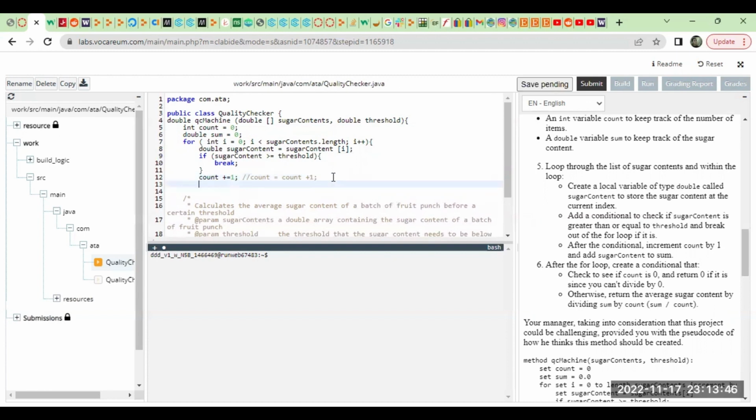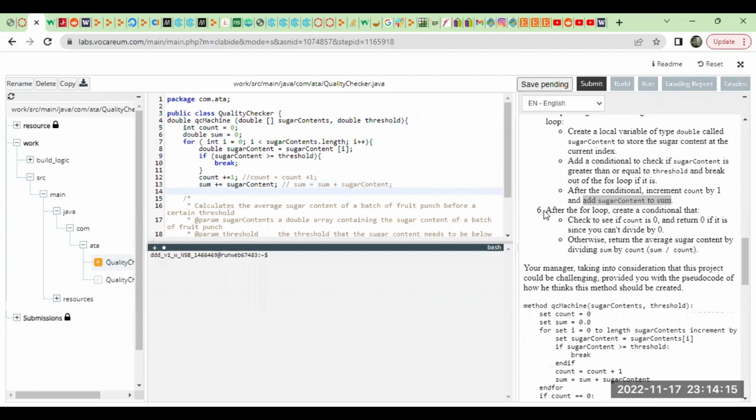Next line, add sugar content to sum, right? So sum += sugar content. You can write it this way, or sum = sum + sugar content. Either way is fine. And then number 6,